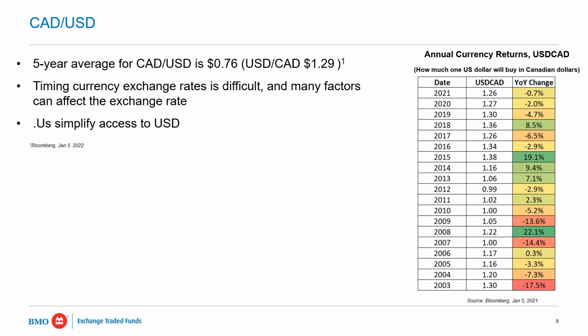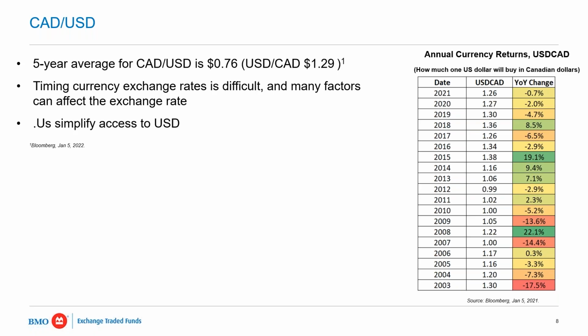And when you see some of the numbers like this, I mentioned that's why there has been some interest, historically, for Canadians to hedge, in that they can mitigate the impact of these numbers that we're seeing here. Now, that being said, there can also be advantages to having unhedged exposure as well, because one thing you notice is when, say, equities, for example, tend to go down, the US dollar goes up, and you can see that in 2008, most notably. So currencies can also give you a diversification benefit.